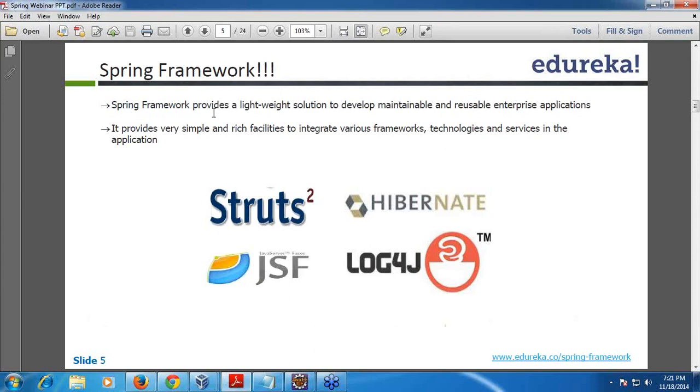Spring provides a lightweight solution to develop, maintain, and reuse enterprise applications. Under one umbrella, you can integrate all these different frameworks very easily using Spring. It provides a simple and rich facility to integrate various frameworks, technologies, and services in the application.